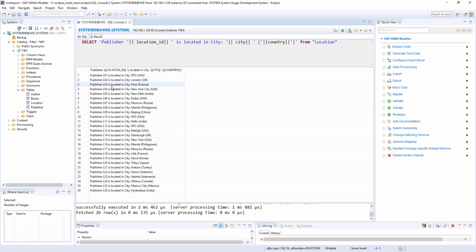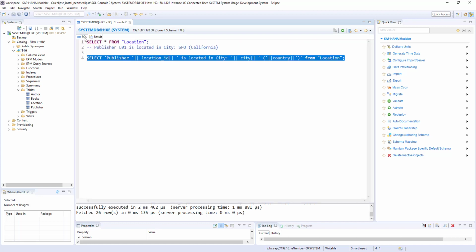If I run this statement, now I got it in one single column: publisher L01 is located in city SFO, in country USA. Publisher L02 is located in city London, UK. So it looks good, and you can consume this data as it is in your report or front-end application.